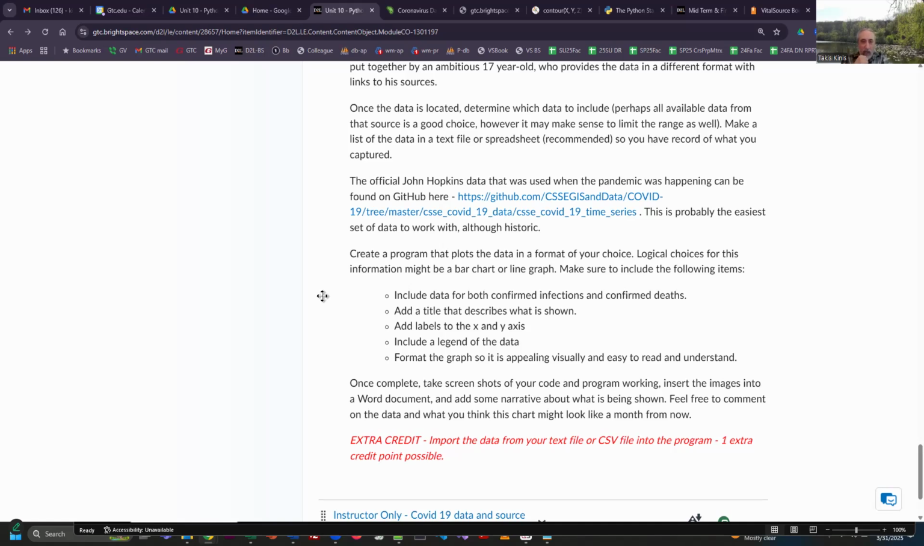A title that describes what is shown, labels for the X and Y axis. We have enough examples of those now, and include a legend of the data. And I will show you how to do that next time, by the way. And then format the graph so it's appealing visually and easy to read and understand. All right, so you're going to be doing this in Python, by the way, right? So you're going to pick an approach. If you want to do a bar chart, that might be a way to do it. If you want to do a bar chart and a line chart, or however,